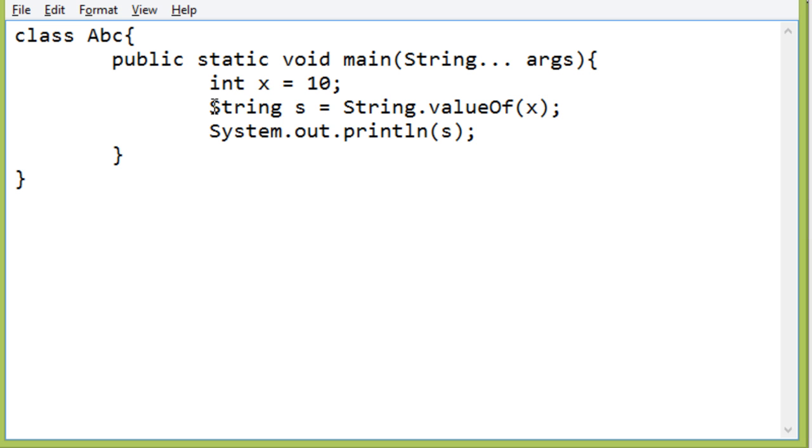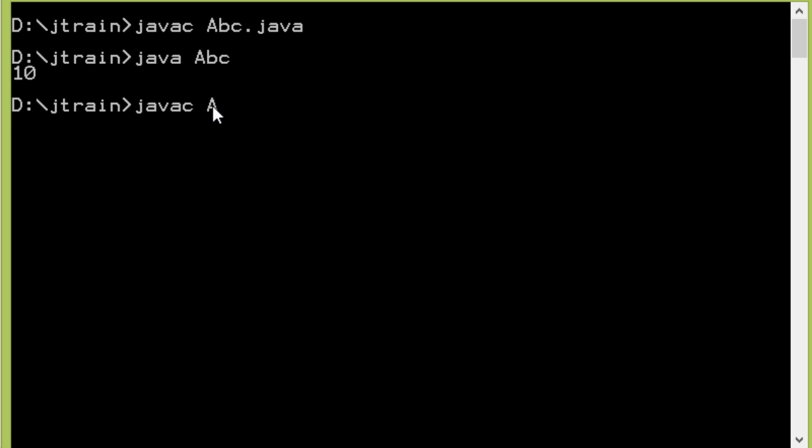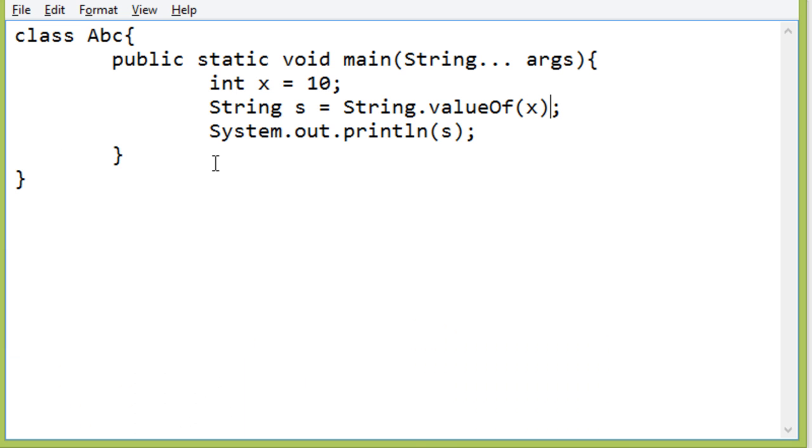Now and execute. So once again we are having a string value 10 which is coming from this string variable. It means the String.valueOf method converts this integer value into a string, and that we can use further. Let us go to the next one more way,